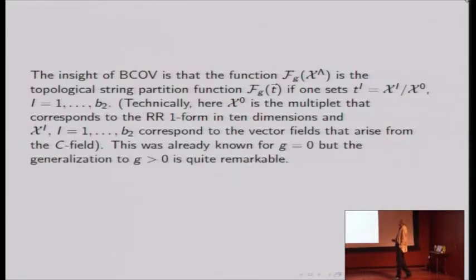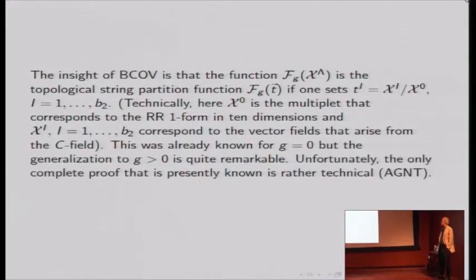Now, this was actually already known for G equals 0, but the generalization to arbitrary G is quite remarkable. Unfortunately, at present, the only complete proof is rather technical. It's by Antoniadis et al. If you wanted to learn about the proof, you could look at this rather technical argument, but there's a not